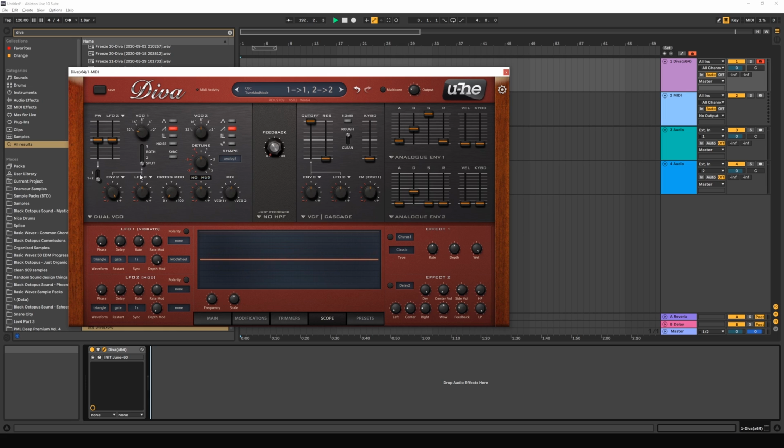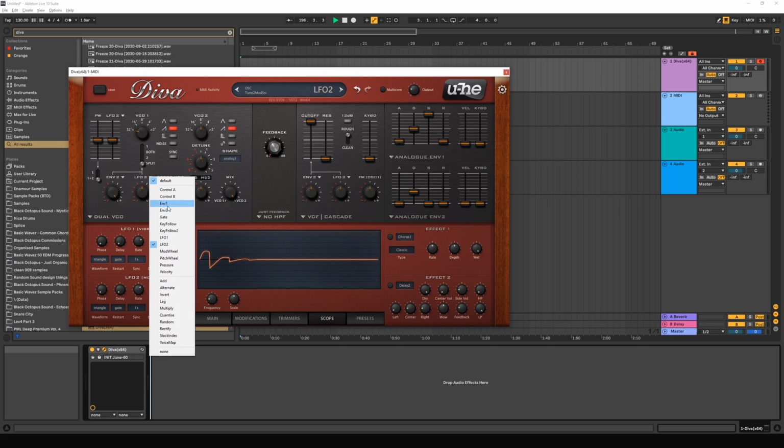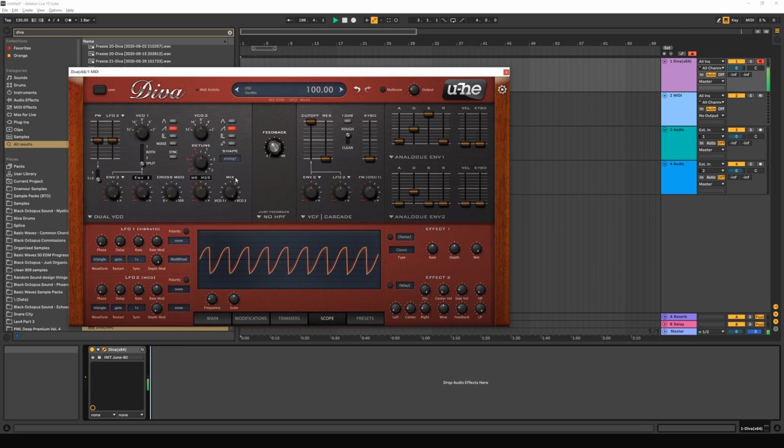If I set it to split, then we'll only hear it on 1, not on 2. But if I had to set this to envelope 2 and move that up, then we would hear it on 2. And just to show you even more how the split would work, let's say I set this to the left, then the pitch would be going from low to high, but it would only be doing it to VCO 2. So if we listen to VCO 2,